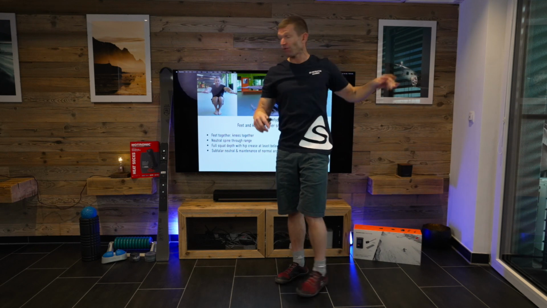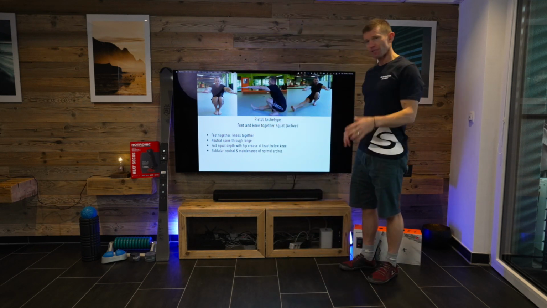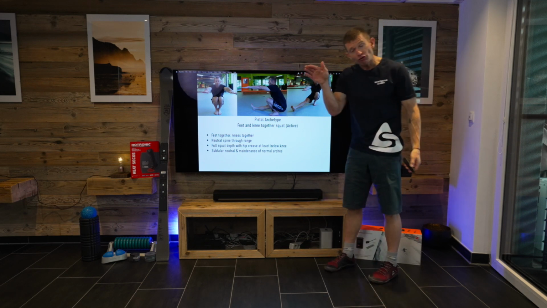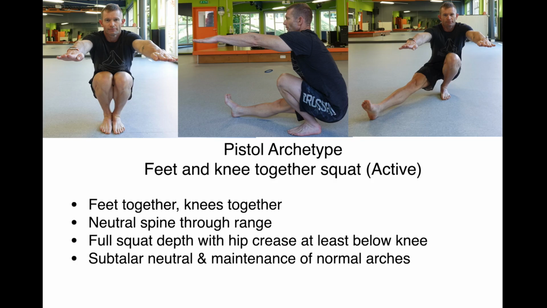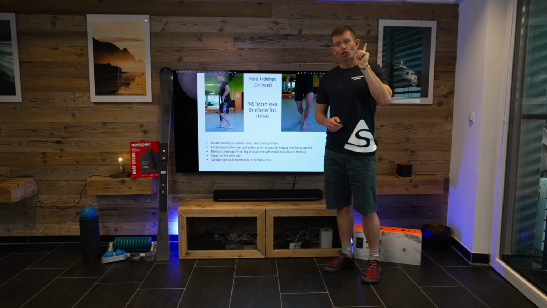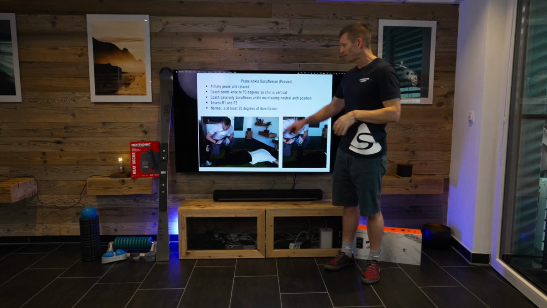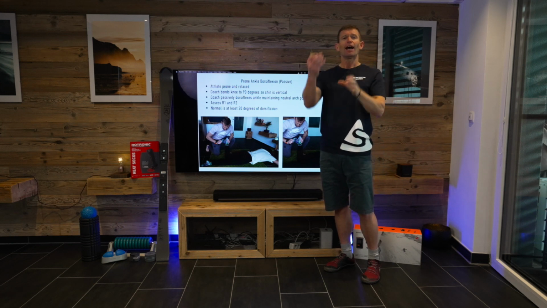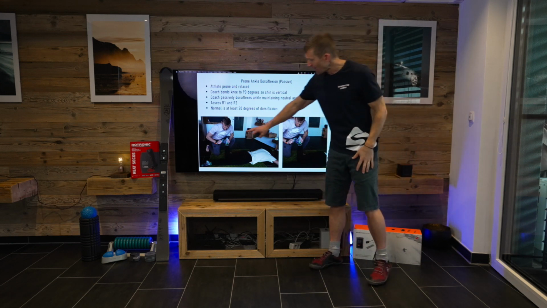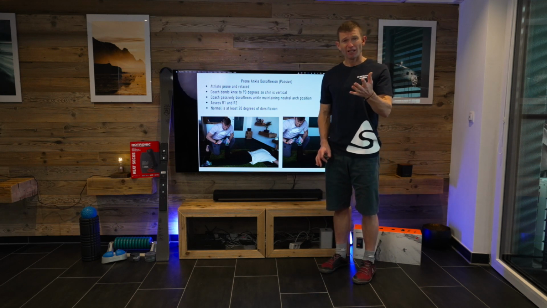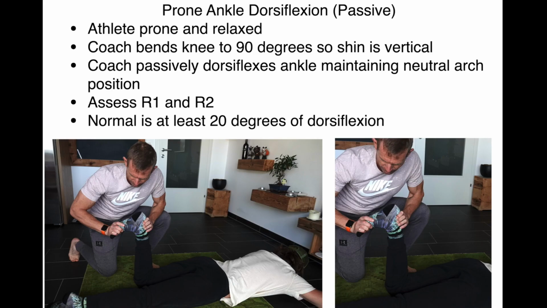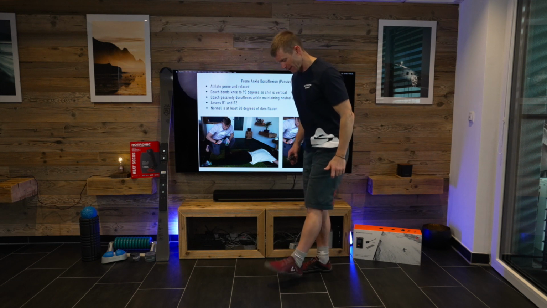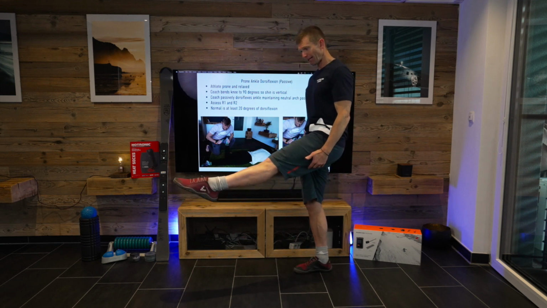Now a lot of you will come down and feel like you're going to fall backwards, so be very careful what's behind you. And then you can stick your leg out and see if you can get into this position. And remember, we need to maintain subtalar neutral, and that means the tripod of the foot and not collapsing the arch. So when we do this, and I do it passively, and I'm testing Jamie's dorsiflexion here and his plantar flexion. The other day I tested somebody and they were at about 5 degrees. And you know, we want to really be getting down to 15 and 20 degrees of dorsiflexion. Dorsiflexion being this position, of being able to dorsiflex and plantar flex.